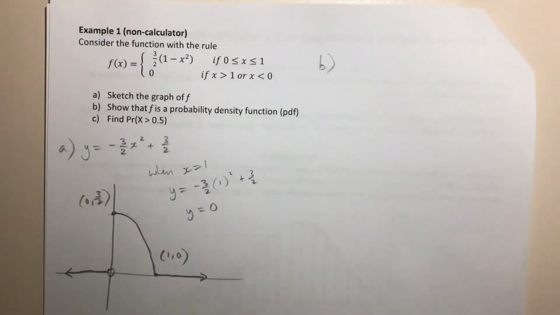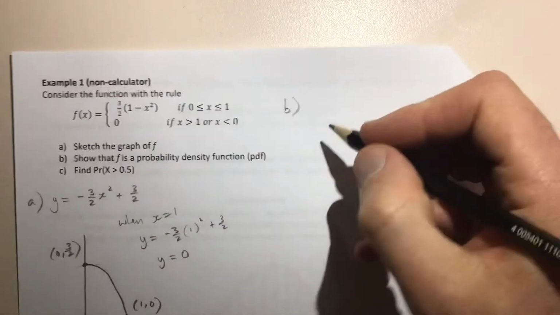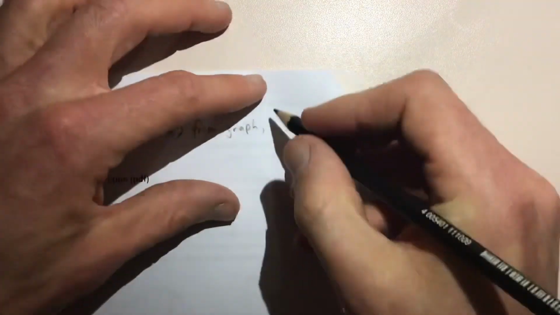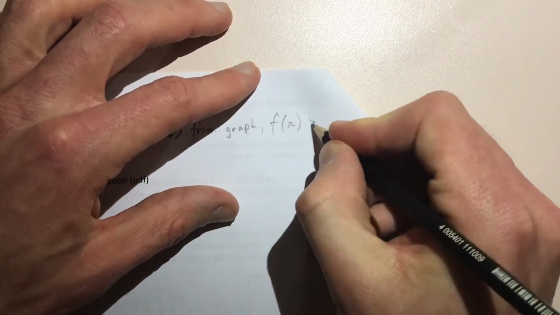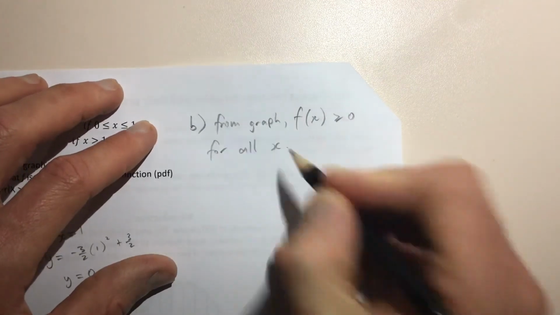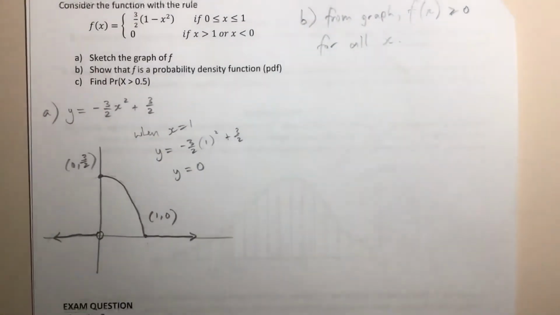Okay, so basically, I guess we can satisfy that first condition by looking at the graph, right? So we can say that from the graph, f of x is greater than or equal to 0 for all x. And the second condition was that the